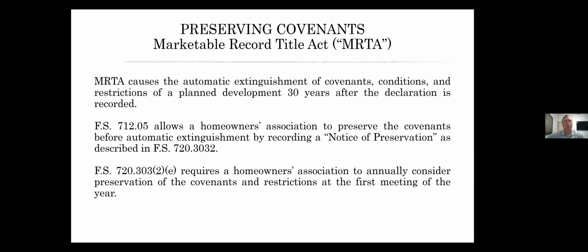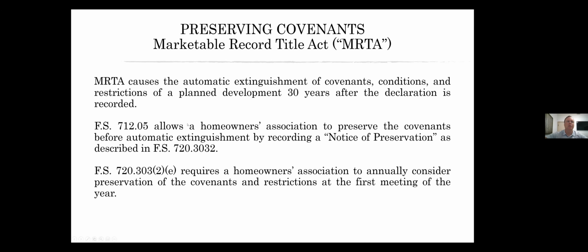The Marketable Record Title Act, also called MARTA, is a confusing real estate statute that's been around for a long time. And basically it says that if you have a homeowners association and it's 30 years old or older, your declaration will expire unless you take certain steps to keep it alive.